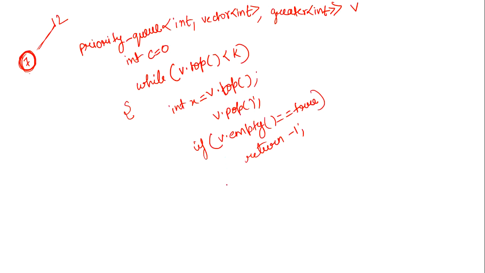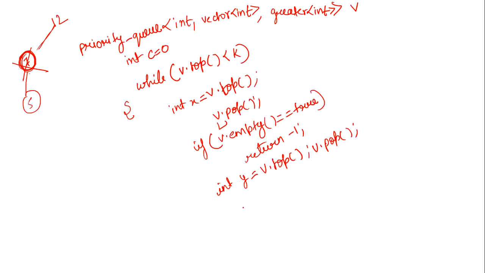And next, if this is not the condition, we will take another. Now here you have removed this particular 7 element. Suppose next we have 5, which is the least one. We have removed the 7, so now we have 5. We will store this 5 into our y variable, v dot top, and we will also remove this element using the pop function. I hope you are aware of pop, top, and all these functions that we have in priority queue.